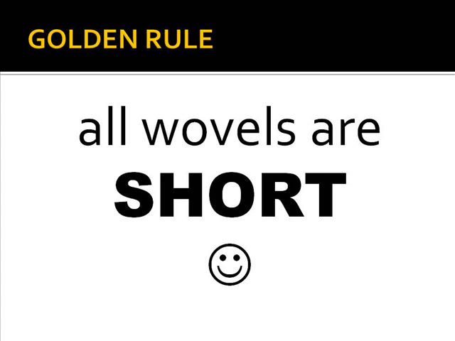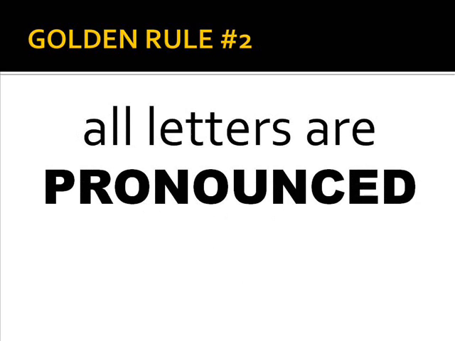So this is a good idea. I believe it is one of the most important things of Polish language because not all Slavic languages share the same rule. Polish language, it is like this. I mean, all vowels are short, and this is the rule. So it also means that all syllables are short. I mean, at the same time, it doesn't mean that they are not stressed. They are, but well, you just find it out when we start speaking Polish, actually. But for now, just remember the rule and try to adjust your speech using your own language to all short sounds only. Okay, so this is golden rule number 1, and the golden rule number 2 is that all letters